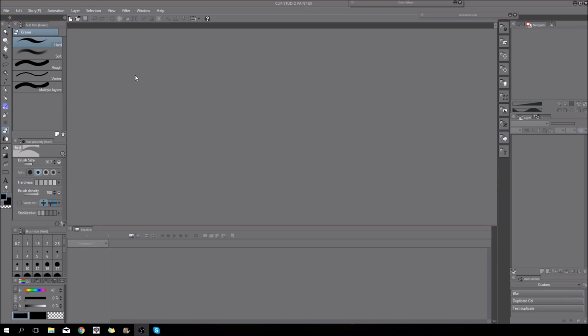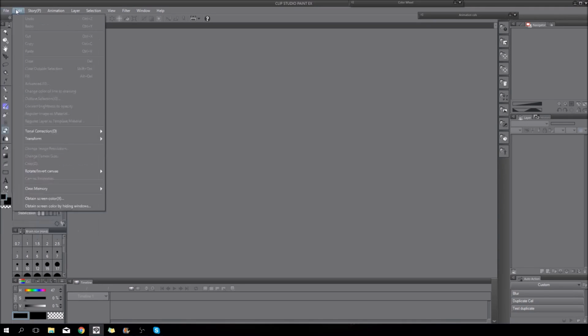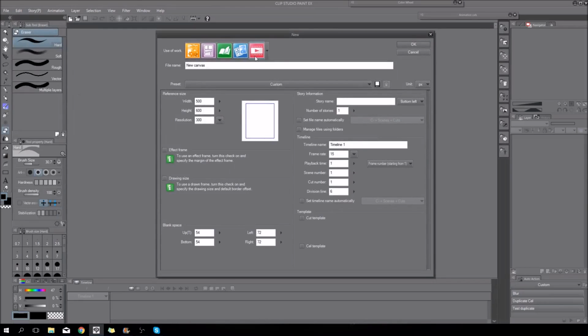So when you opened your Clip Studio Paint or Paint X, if you've upgraded to the 1.5.4 version, which now includes animation, you can simply go to File, New, and you'll have this animation button here. If you haven't upgraded, then it will not show up. So you can just simply, if you bought it, go to their page, download the newest version and upgrade it. Maybe you have to input your key again, but it should be there.